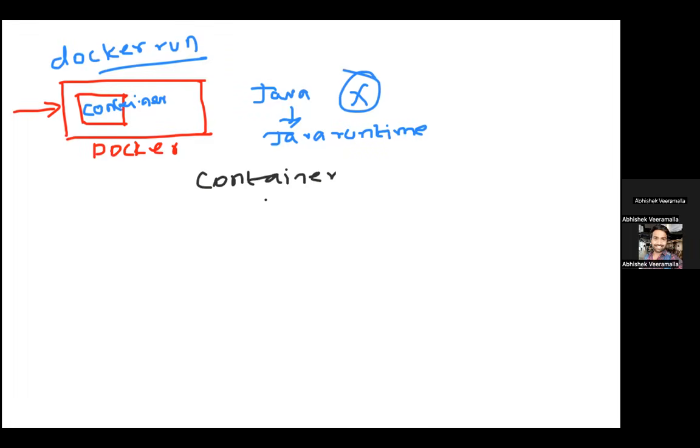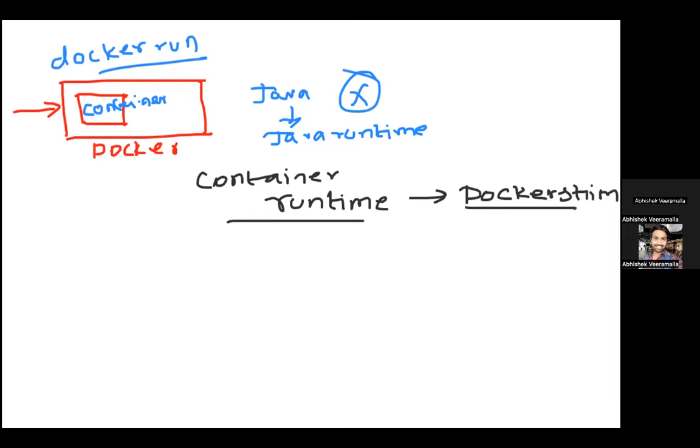Okay, so without a container runtime, your container will never run. In Docker, you have a container runtime component that is called Docker shim. This is something that is happening under the hood in Docker. Now if we move to Kubernetes, Kubernetes also needs to do some similar behavior, but because Kubernetes